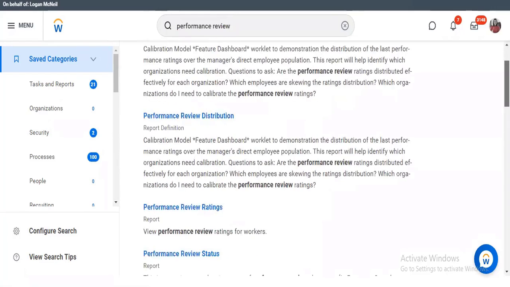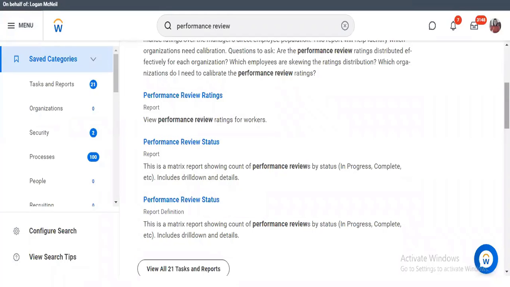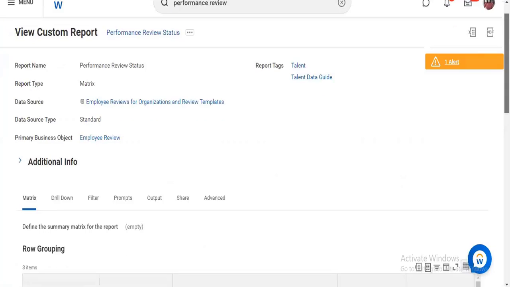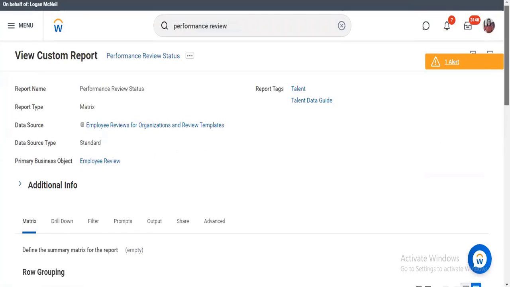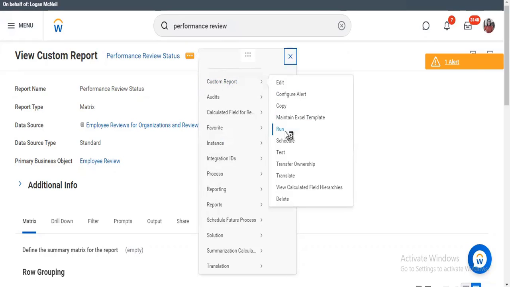So these are various reports that you can see. For example, I am the manager and I have a few employees assigned under me. If I want to check the review status, I can open a report. This is the custom report that is created, and this is the matrix one. Are you aware of creating custom reports? Okay, so if you run this,